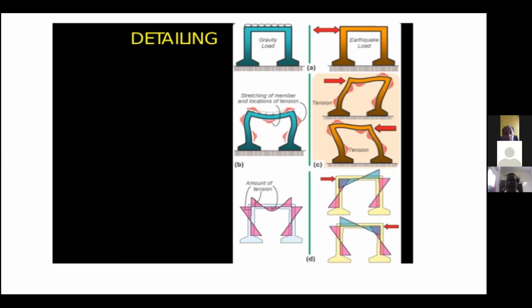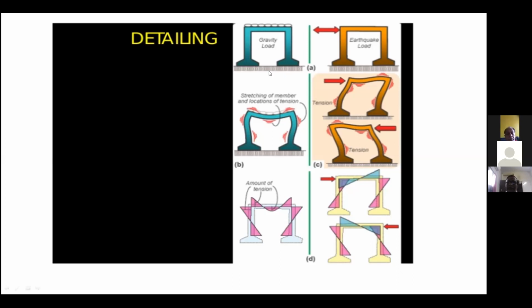Whenever you design for the earthquake, you must provide steel for all the faces because it is going to change in magnitude. It may act from left to right or right to left, or in the worst case, it can act in any direction also. For simplicity, for the analysis purpose, we resolve it into the 1-2 directions, and then we design the structure. So this is the basic requirement of the steel.